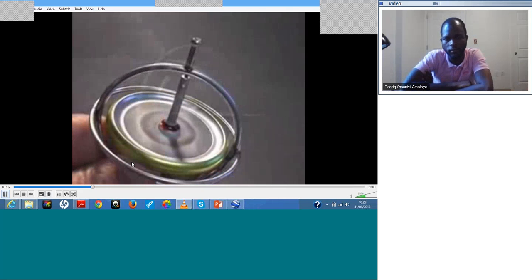The first thing I notice about the spinning gyroscope is that it resists attempts to change its position. A resistive force appears when